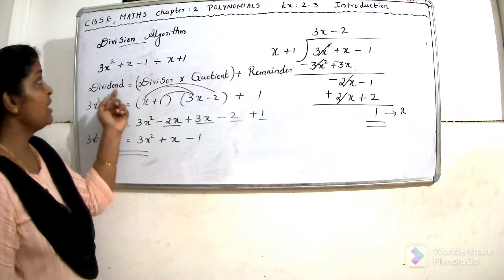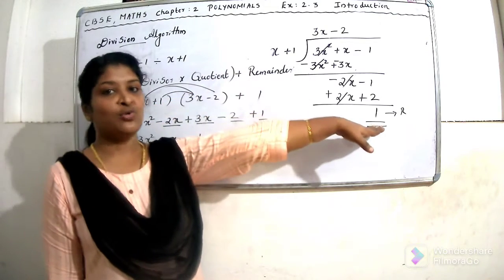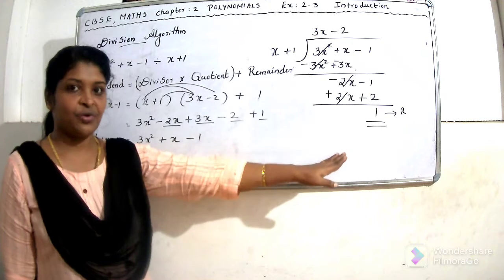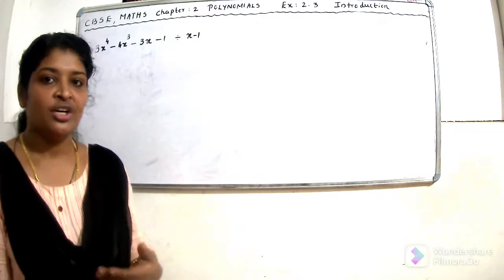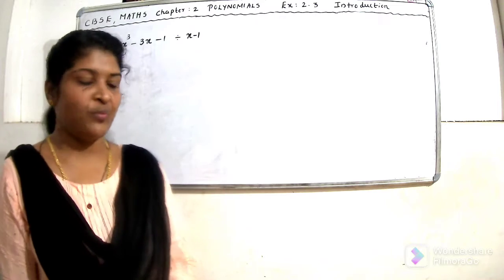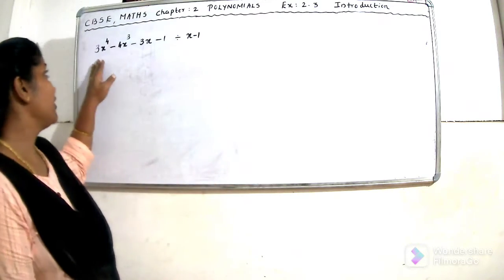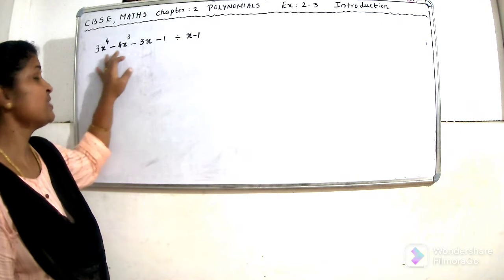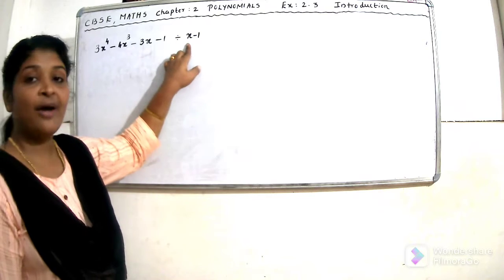That means the division algorithm is also satisfied in polynomial division. Now here, one more example we are taking to check how to divide polynomials. This example is given in our textbook. Divide 3x raised to 4 minus 4x raised to 3 minus 3x minus 1